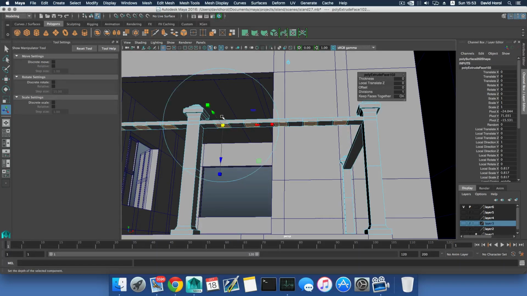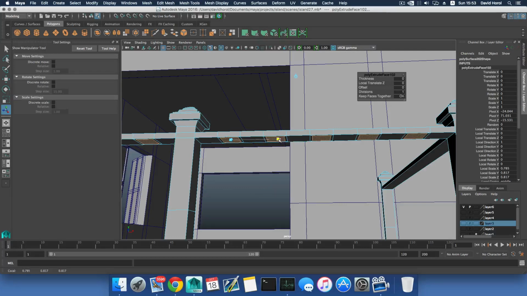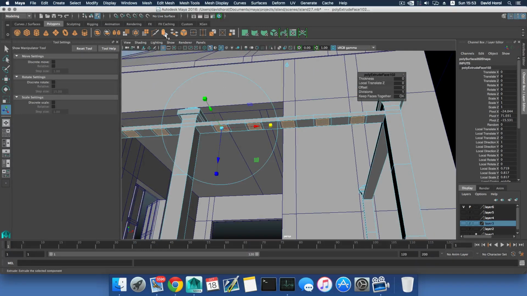You can't use the scale tool. Don't switch to scale tool. It will only make a mess. You need to use the scale on this extrusion gizmo. So I'm trying to match this as a square, even squares, and when I'm satisfied with it, I'm going to extrude once again. Bring this a little bit down, click extrude, tap on one of those, extrude it like so, extrude it once again, move it down some,